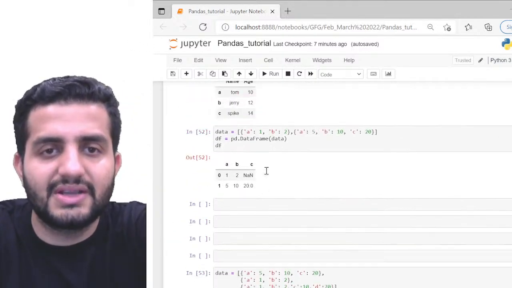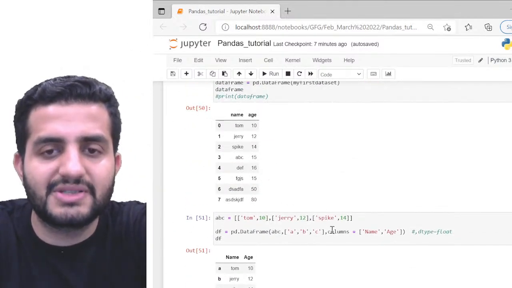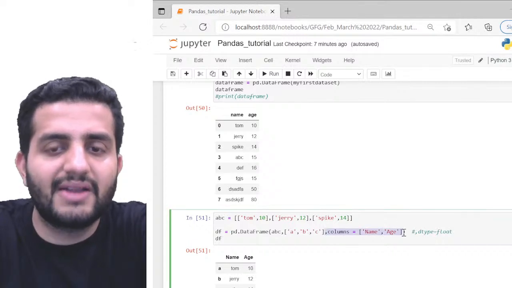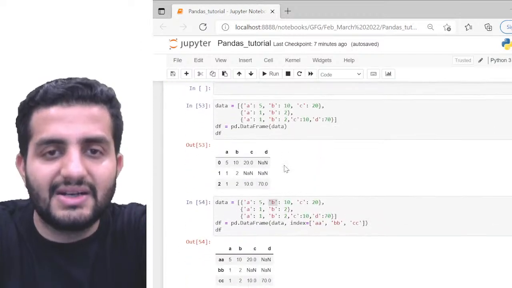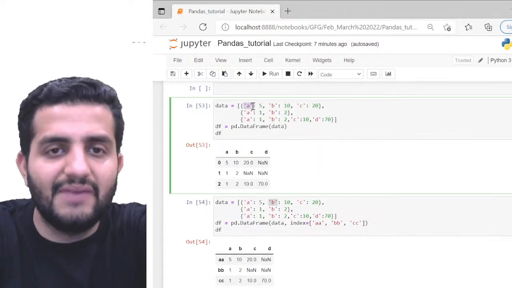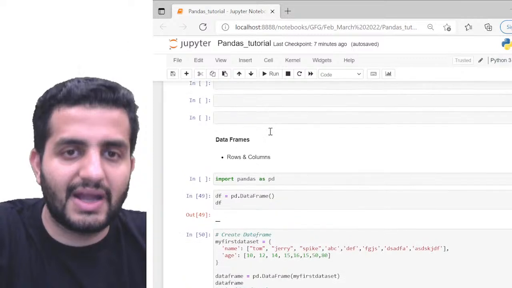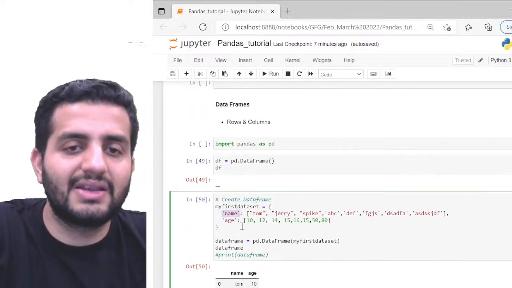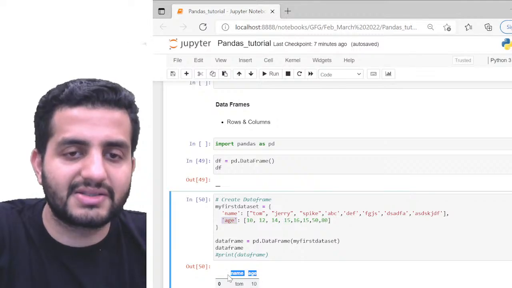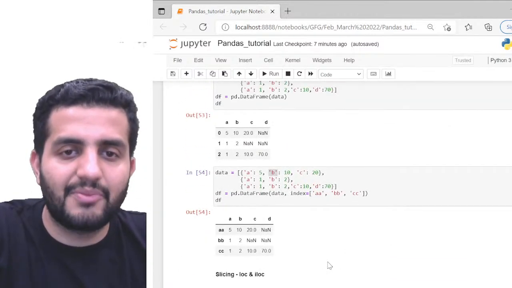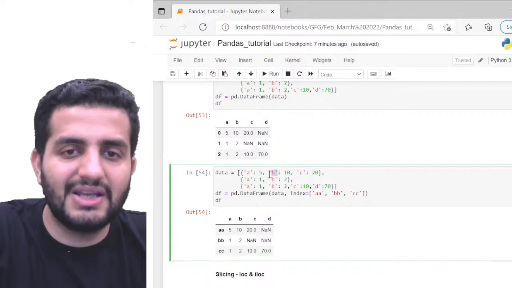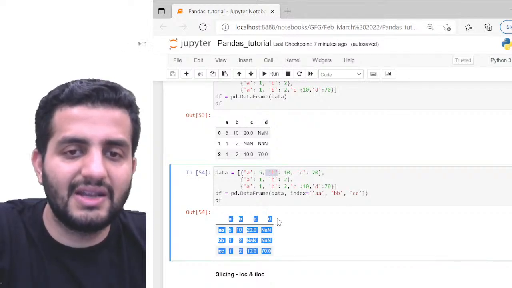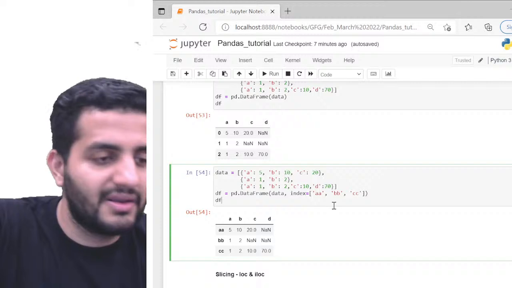Here in this one I'm specifying the name of my column, which is name and age. But this is a different problem. Here the key will become my header. In the first example we saw the key is name and the key is age, so these become your column headers. But in this example, I'm passing A as my key and B as my key. That is the reason why A, B, C and D will become your column headers.